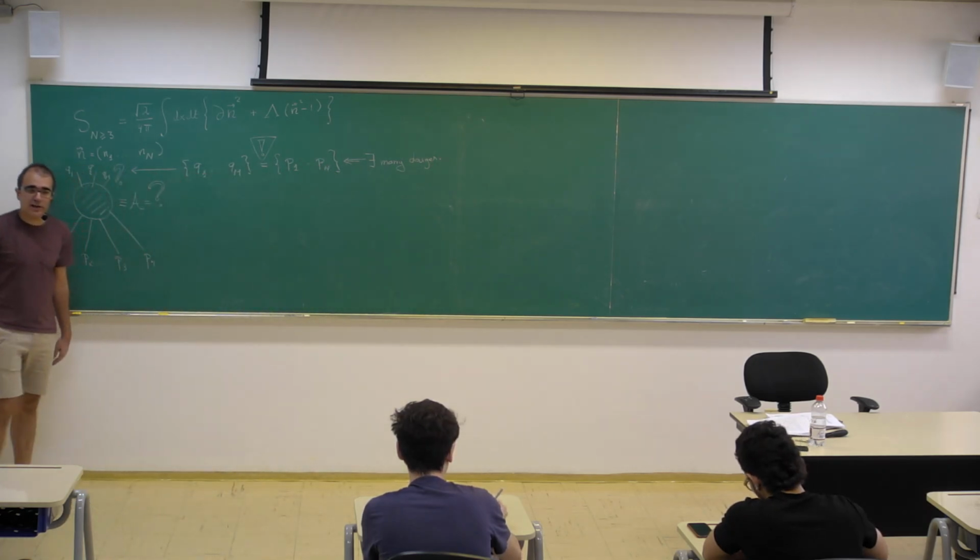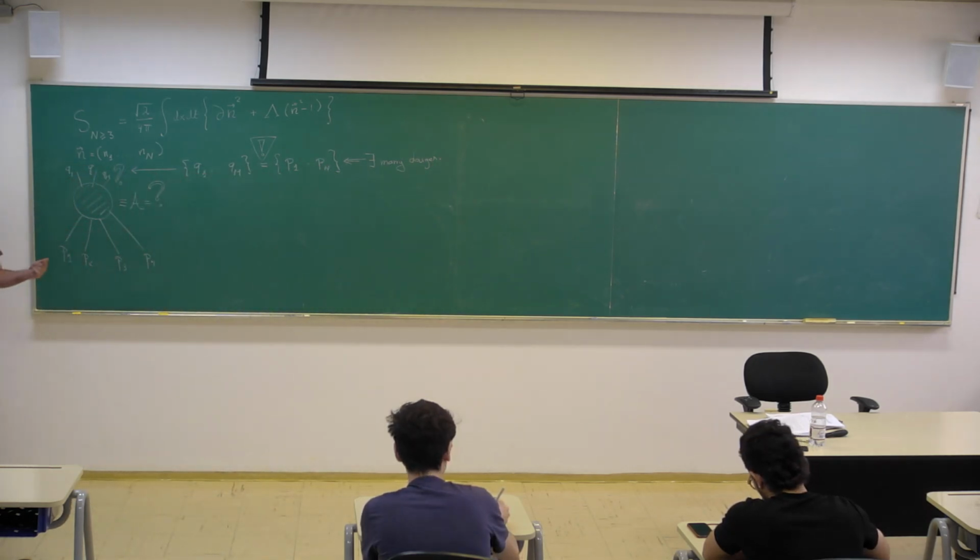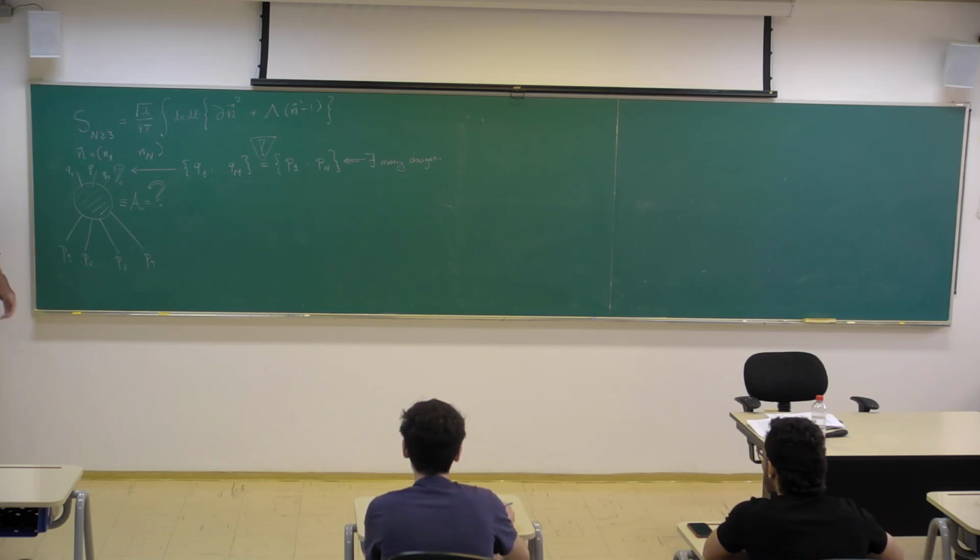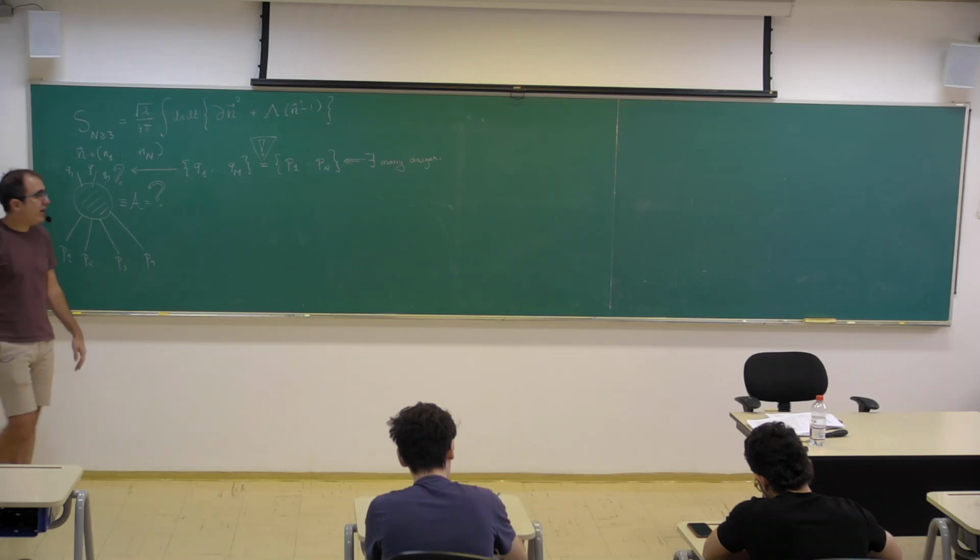So in the same way that when you scatter two particles, if you conserve momentum and energy, the scattering is elastic, and the final and initial momentum are the same. For more than two, that's not obvious, and in general it's not true. But if you have more conservation, if it's not just energy and momentum, then it will be true. The initial and final set need to be the same. So that's already very special.